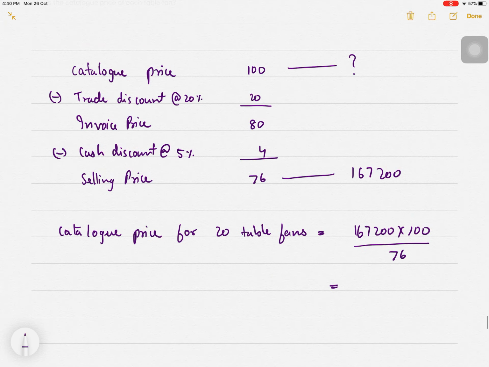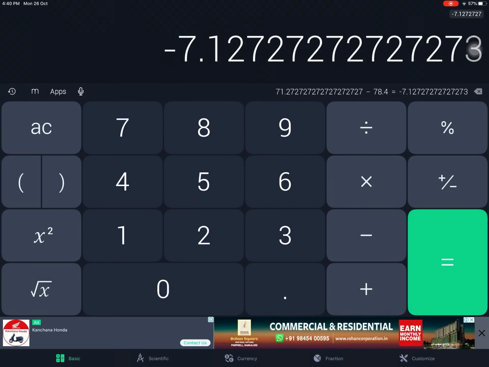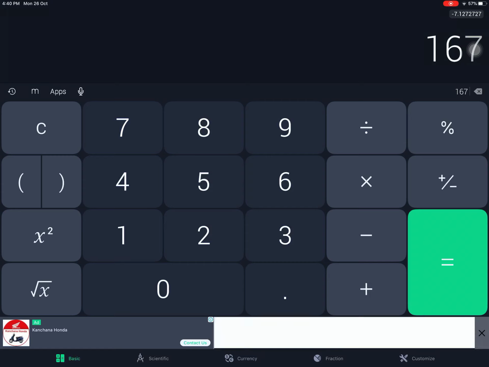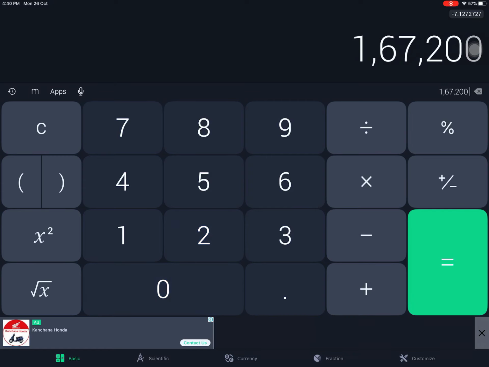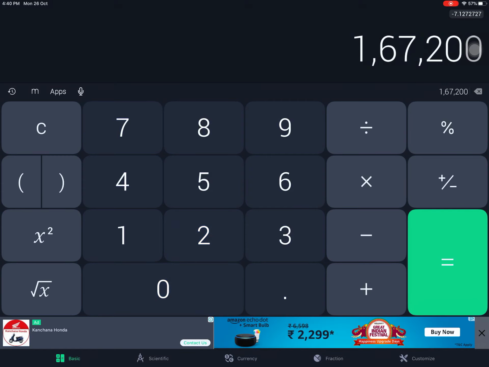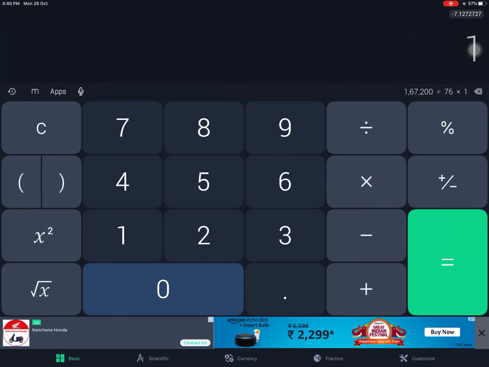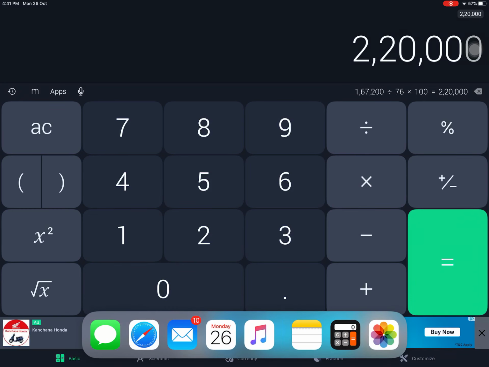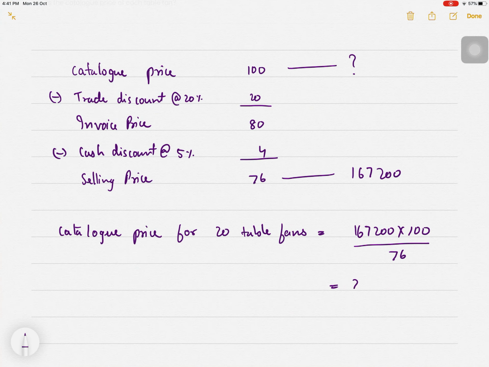So 1,67,200 divided by 76 multiplied by 100, right? It comes to 2,20,000. So 2,20,000